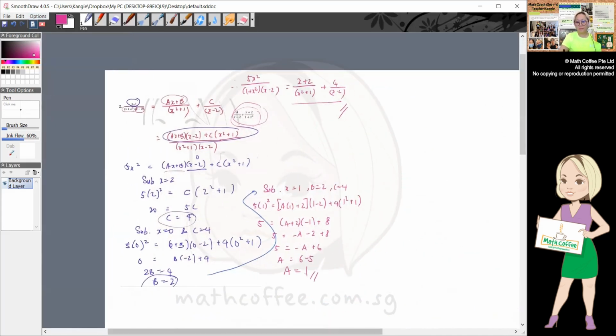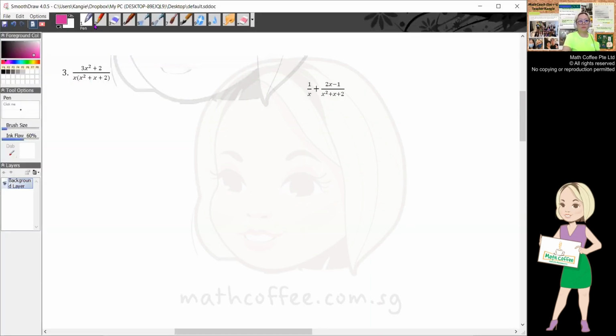Okay, this one. So they say one of them, the x, is linear, so this one will give birth to A over x. This is a quadratic. And when it's a quadratic, you have to factorize it. Okay, when we factorize it, let's say